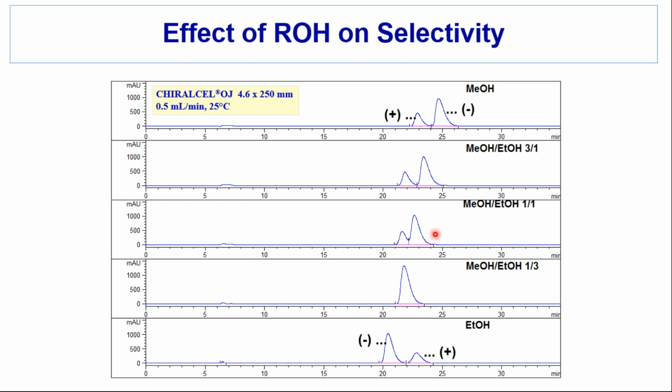When I saw this, I thought, well, this is interesting. Probably increasing one of the alcohols would improve separation. I had an inline polarimeter, but I had also isolated or separated these enantiomers, so I had spiked the sample with one of the enantiomers so that I could track the order of elution in screening. So as I went to 3-to-1 methanol to ethanol and 1-to-3 methanol to ethanol, I saw a difference in retention and separation.